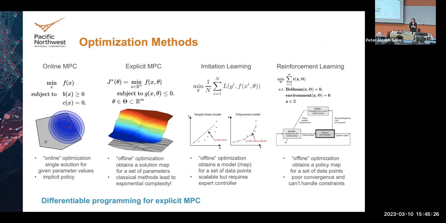So in order to guide you towards what we've been doing, I want to recap a little bit the different types of optimization methods that appear in control. First, on the left-hand side, you have the online MPC. This is the traditional approach. It's an online optimization, and it basically solves for the decision that has to be applied at the next step. It doesn't really calculate a control policy. It just gives you the right decision at this time. It doesn't leverage past decisions when making future decisions. It just solves this problem over and over depending on the current conditions.